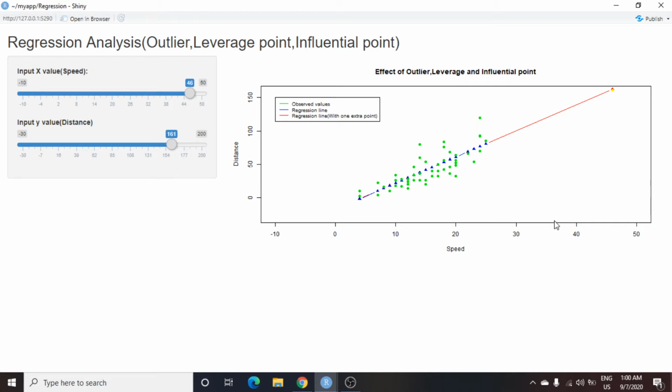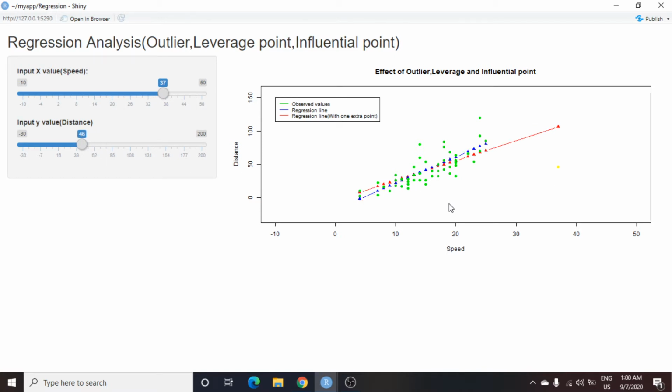Let's see. So I will make the x value 38, 36, okay, and the y value let's say 48.